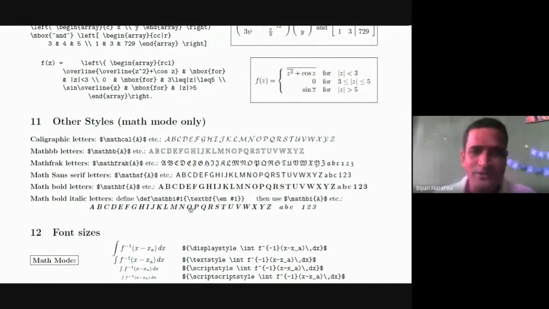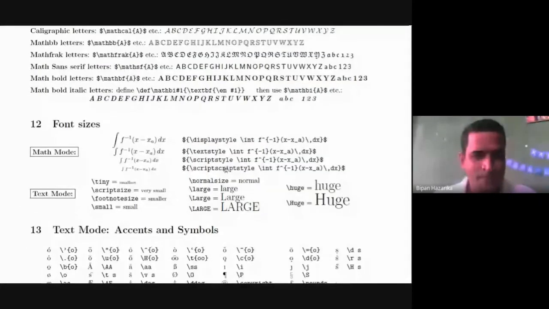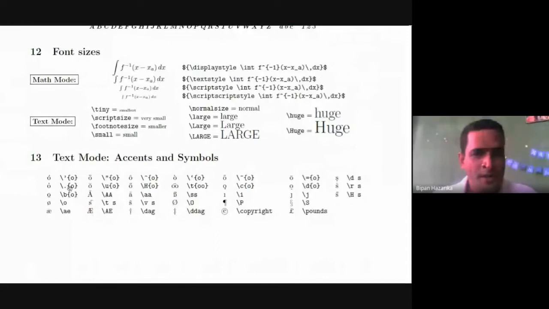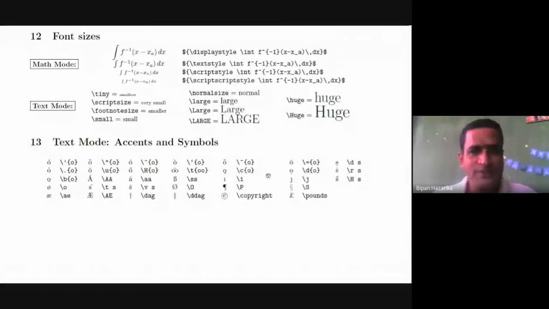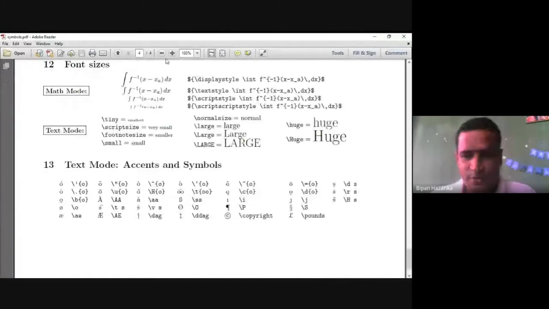Within bold font, if you want italic, that means mathbi. If you write that, then bold and italic both will come in the same mathematical command. I'll explain these practically. So these are the different symbols and the PDF file I have shown you. Now I want to move to the practical.